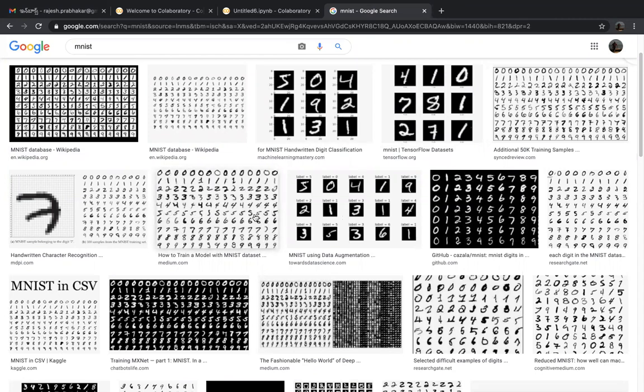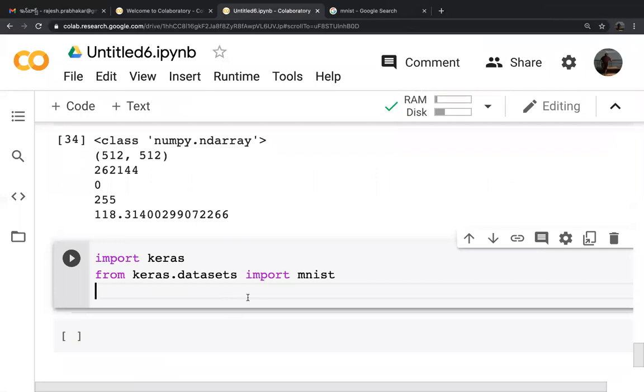This is a very popular handwritten digits data set, which we can use to predict. If an image of a number is given to it, it will automatically predict what that actual number is. So Keras will help us build a deep learning model.